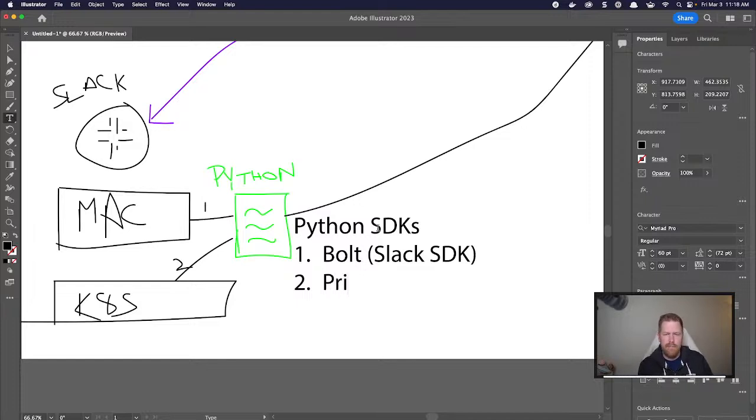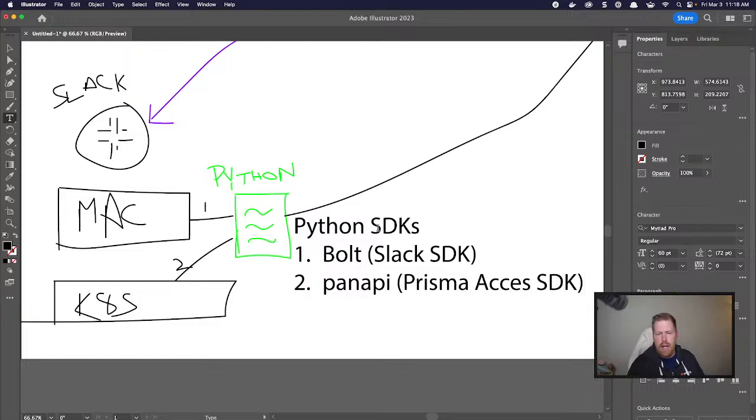And I'm thinking that we're probably going to be using the, what is it called? Pan API, which is the Prisma Access SDK. That's the one that I've been building the Ansible collections around. So if you've watched some of the previous sessions where we've done